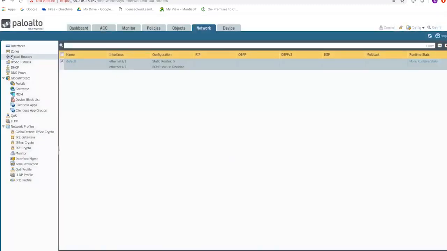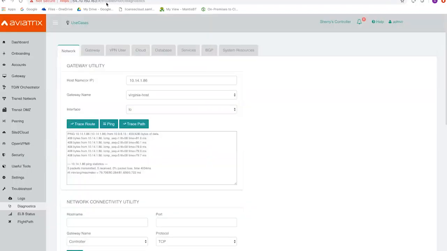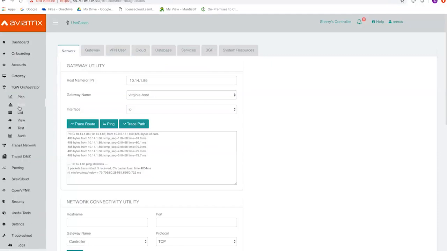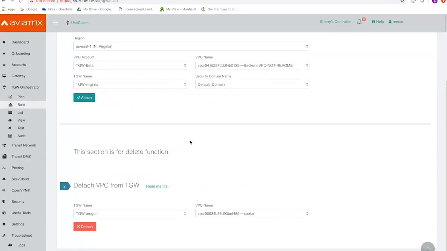Yes. If you look at the zones, I have a zone cloud and zone on-prem. Okay. So Aviatrix has an orchestrator that allows you to build a network architecture transit that you can abstract all the layers and perform a lot of functions BGP does, so that you do not have to do manual updates. So right now, what I'm going to demonstrate to you is if I detach this Virginia Spoke 1,